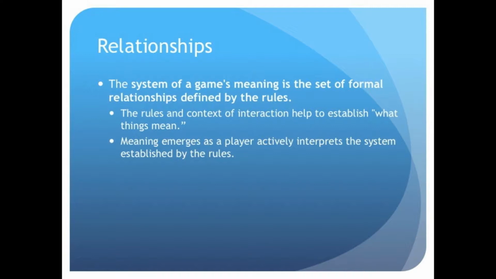What do the rules allow us to do? It's the pre-existing structure of signs that don't change from game to game, right? That's the static state of games. So rules, the context of interaction, help to establish what things mean. We know going into a game what we're supposed to do, and they do so by creating very specific sets of conditions. We limit players' understanding to help guide their play and what is meaningful.